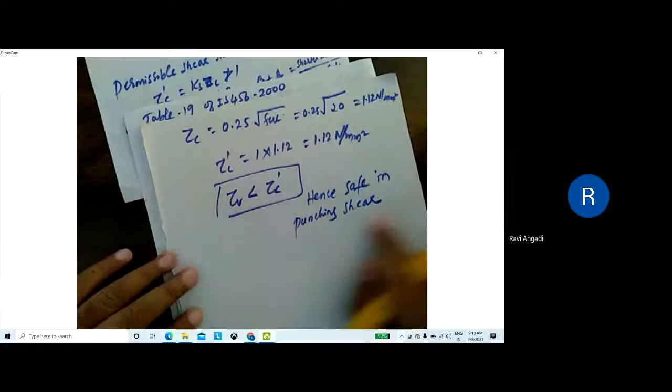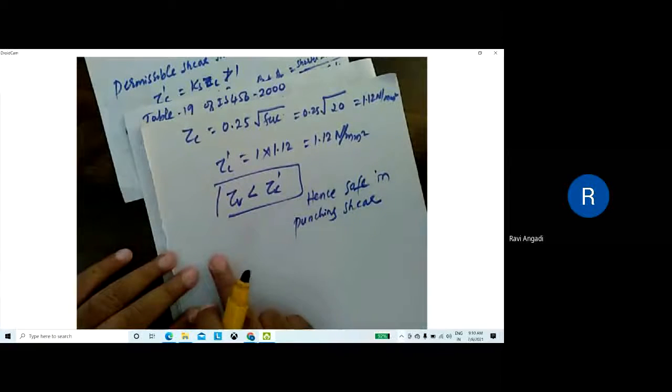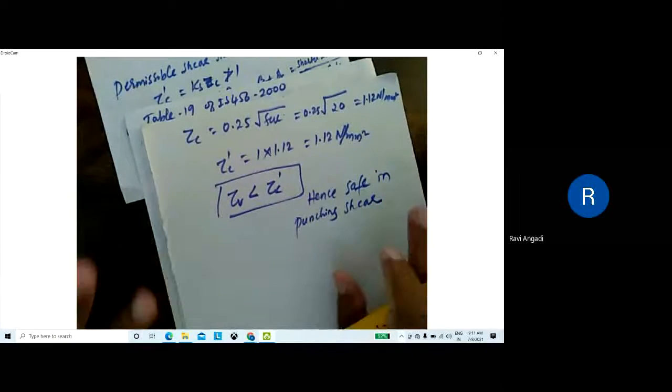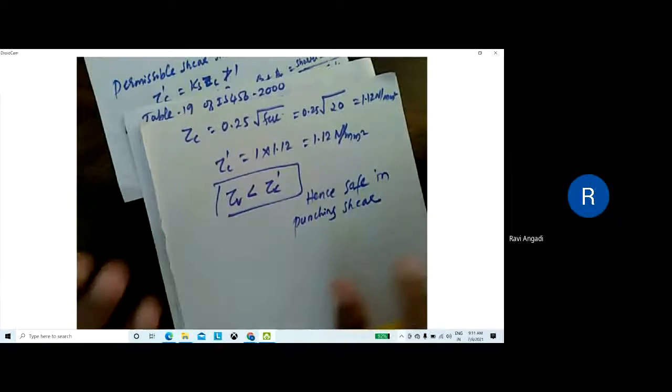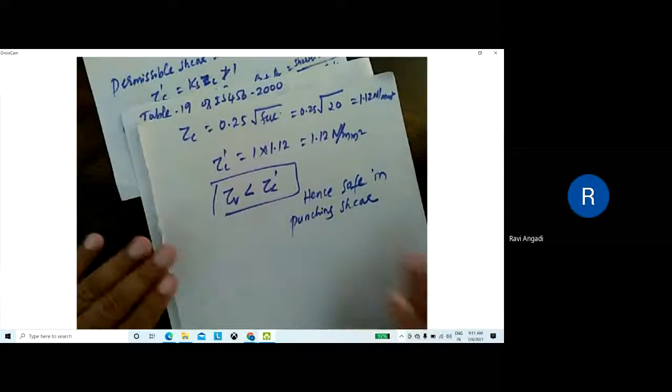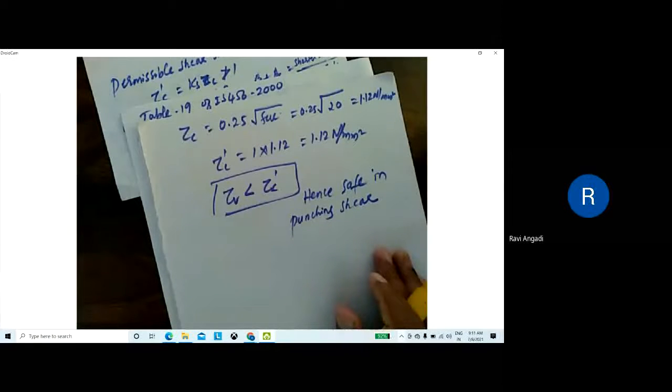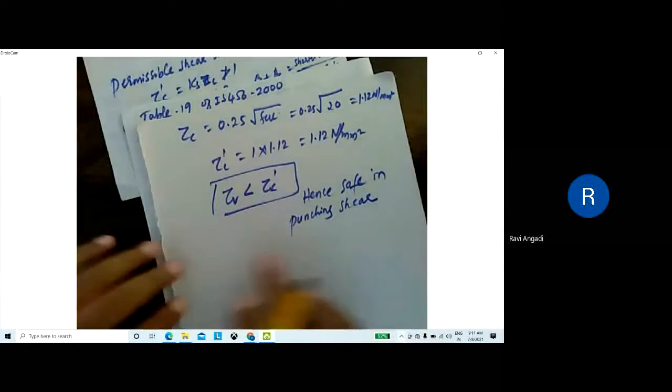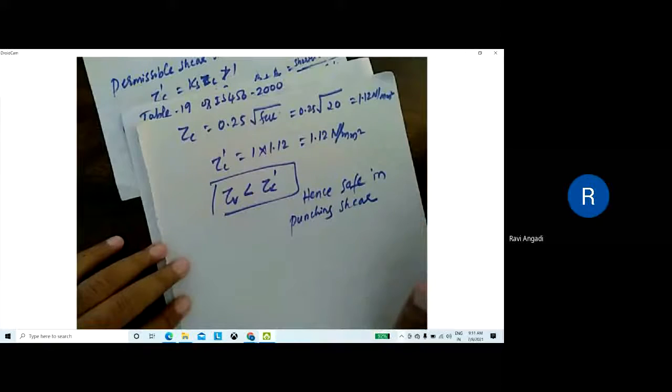Just make one statement: increase the depth, and further you proceed. Next, don't go back and change the depth again. Continue. Just make one statement, increase the depth. Is it clear?